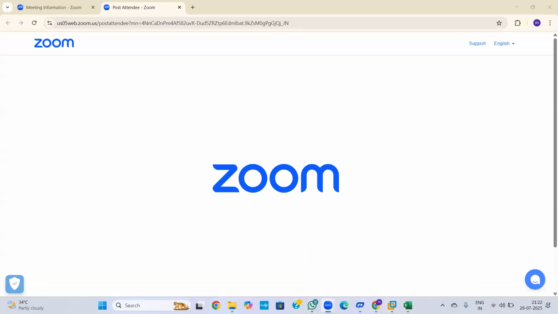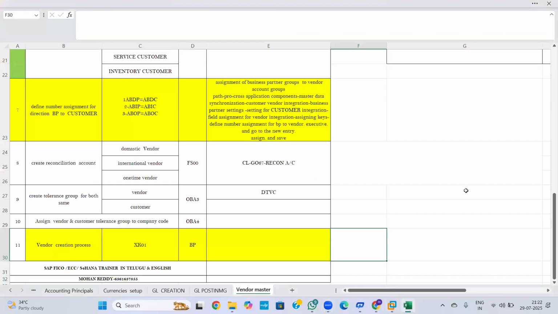ఇప్పుడు వినిపిస్తుంది కదా? హలో, ఇప్పుడు ఓకే. వినిపిస్తుందన్న. ఓకే ఓకే. సో